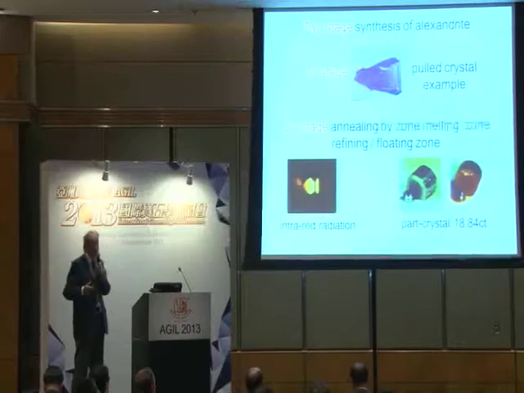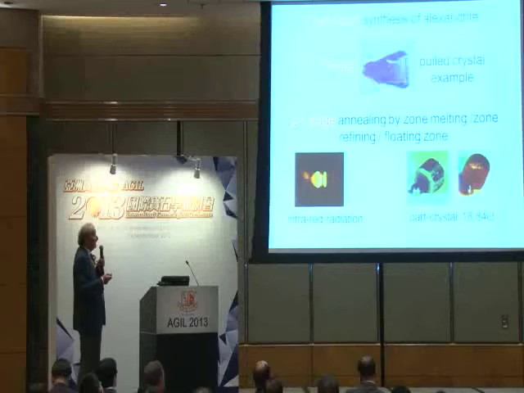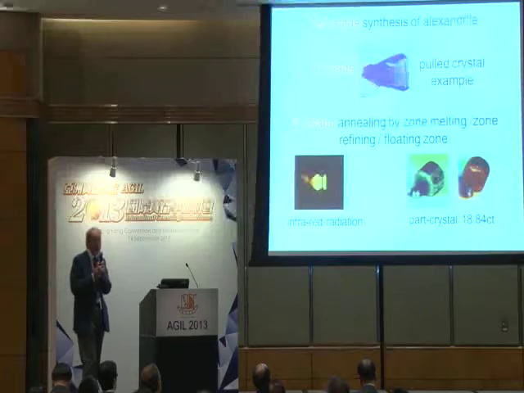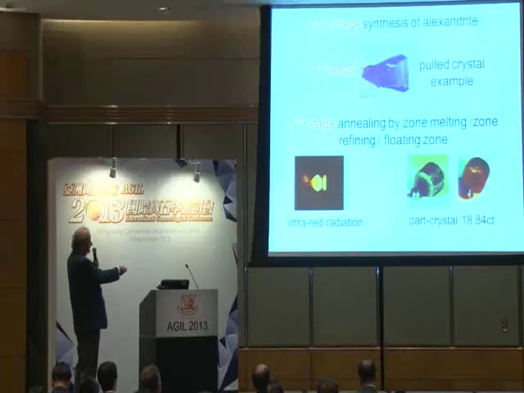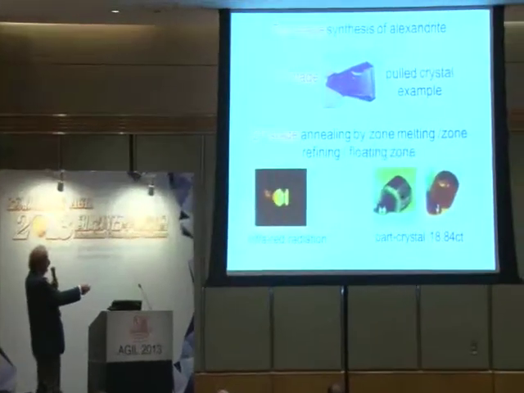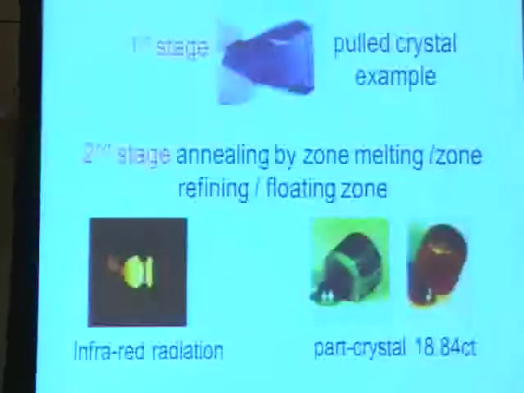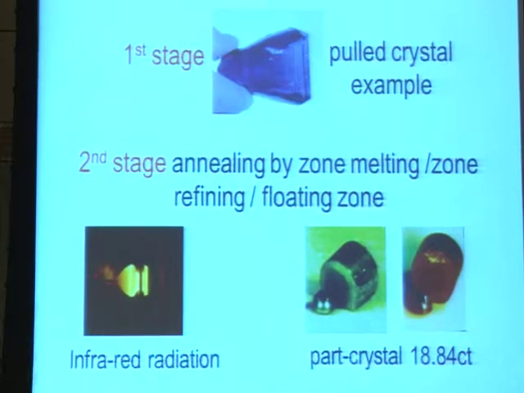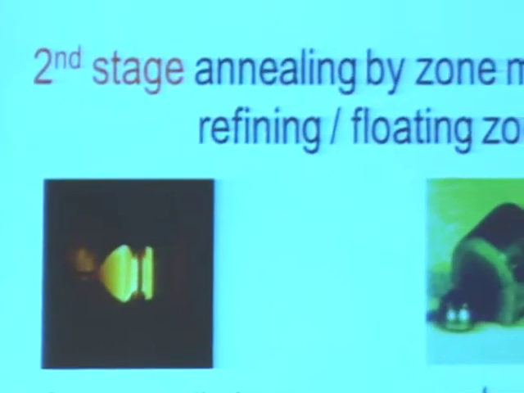Now, if they were making laser material, and this was all to do with technology, nothing to do with the jewelry trade, when they attempted to take out the defects from the crystal, because a laser has to have no crystal defects, in the process here of this infrared radiation, it's called zone melting or zone refining or floating zone, the three terms used for this technique. You can see that the crystal is massaged. This crystal becomes massaged, it changes shape, and it ends up as a tube, like a cylinder, about 1 centimeter